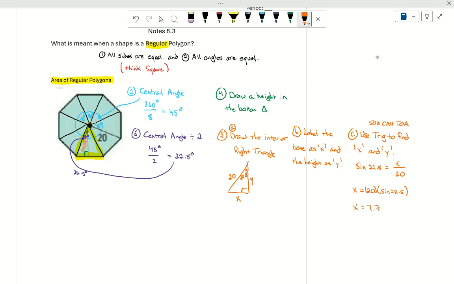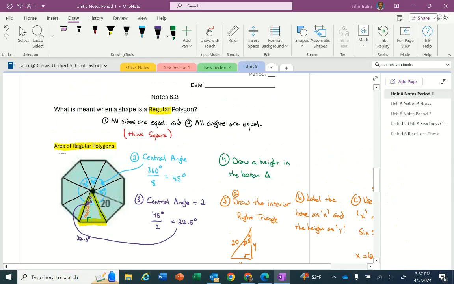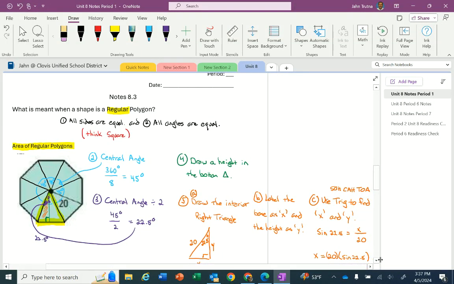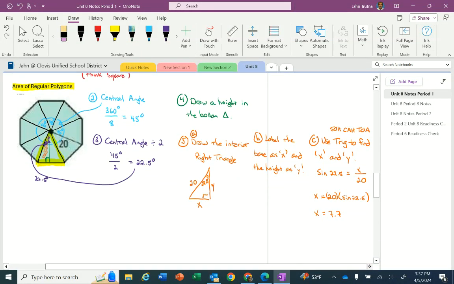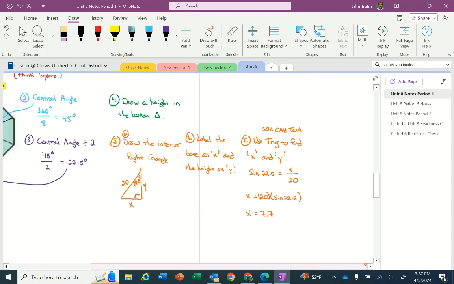Now we're going to use trig, SOHCAHTOA, to find y. So 22.5 is still my theta angle. Y is now the adjacent side, and 20 is the hypotenuse. So that means I'm using cosine to find y. So my equation is cosine 22.5, that's theta, is equal to the fraction adjacent side, which is y, over hypotenuse,